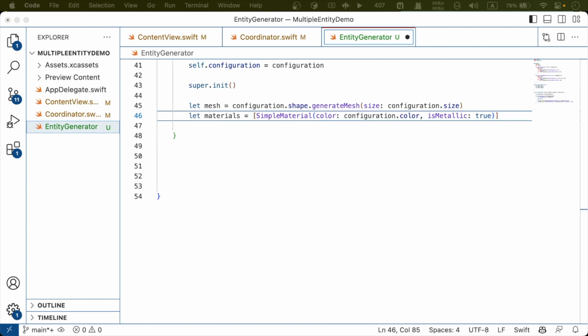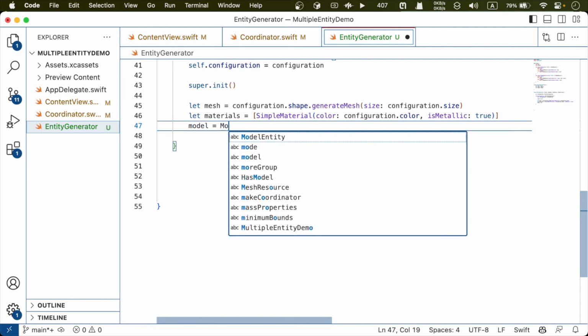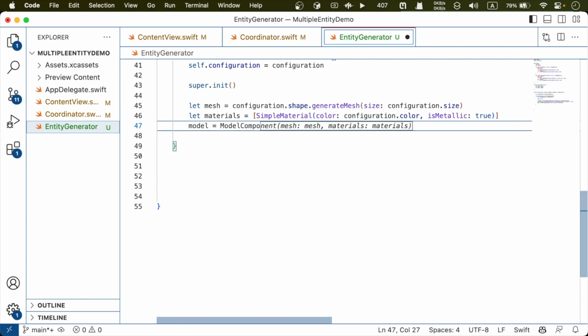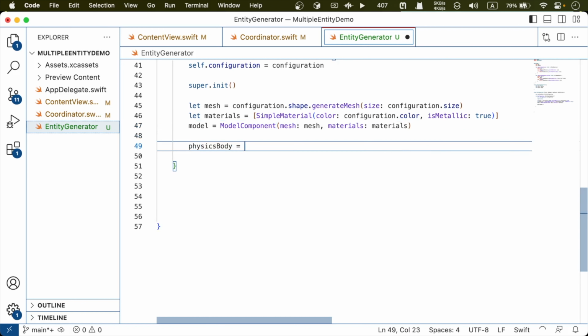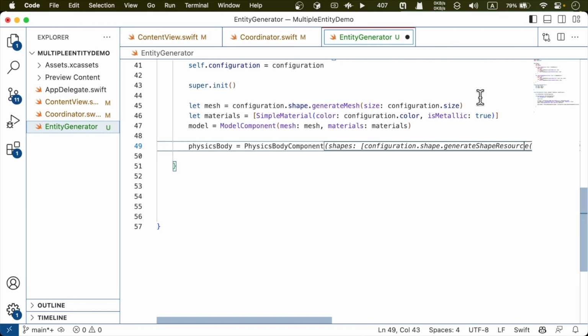And then we got a model components. So model will be our model components. I'm passing mesh as well as materials. And then of course we're going to add a physical body to it. So physical body will be physical body components, and shape, configure shape,